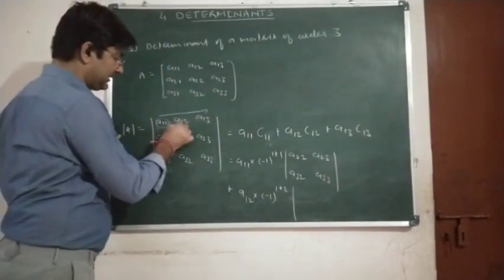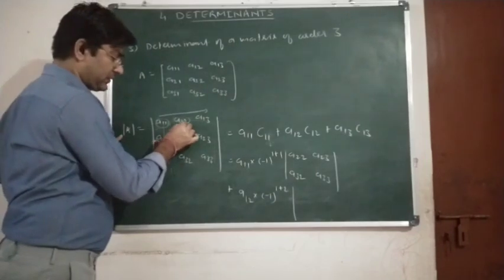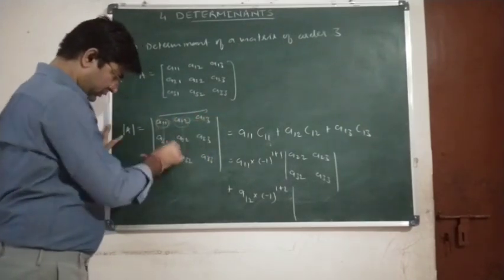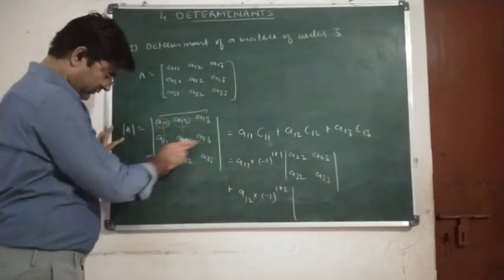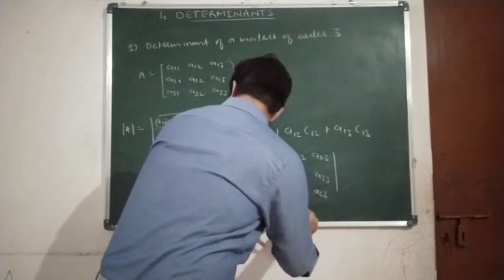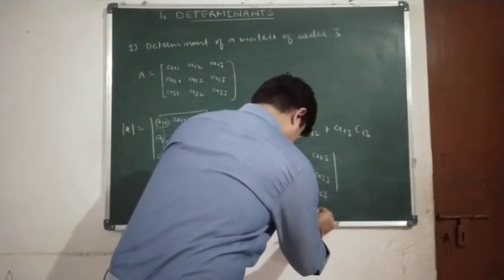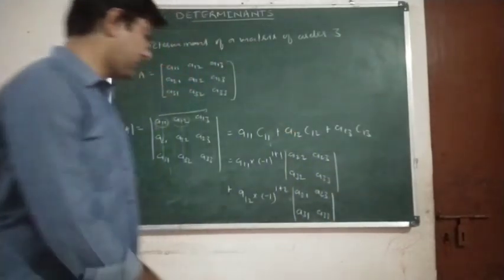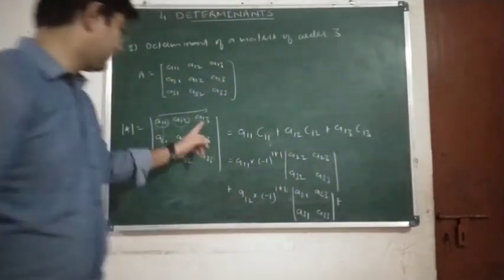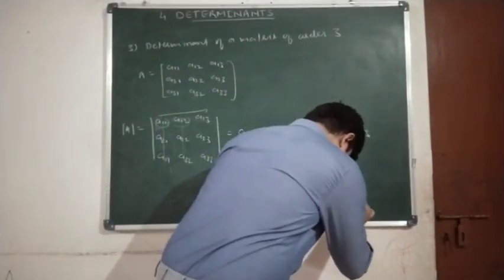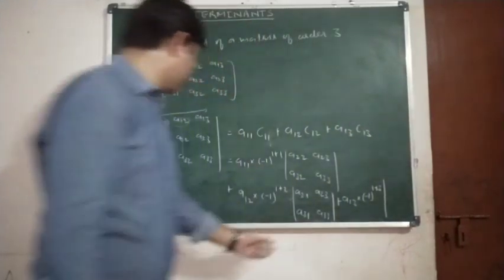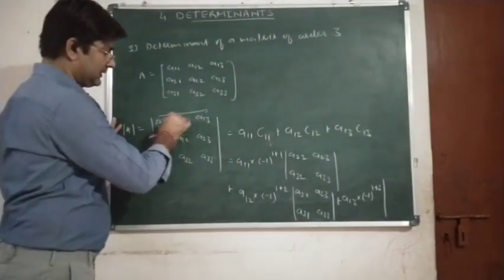Now we have taken this element A12, the element of the first row and second column. So we will eliminate the second column and the first row. The square submatrix obtained is A21, A23, A31, A33. So the determinant of the square submatrix. Similarly, plus the third element of the first row is A13, so A13 into minus 1 raised to 1 plus 3 into,